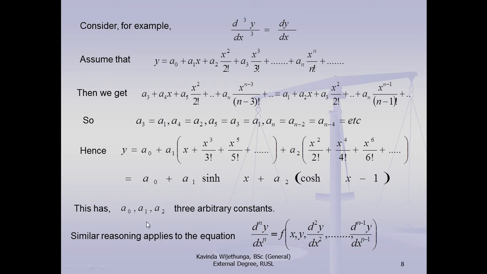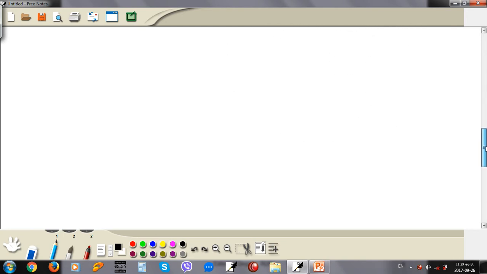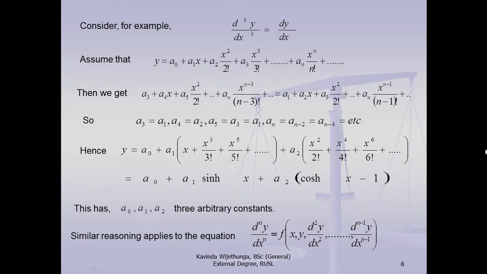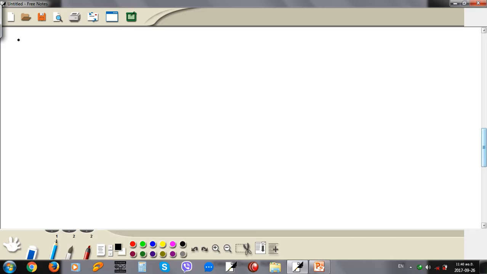Right, this is the example. Here it is given d cube y over dx cube equals dy by dx, right? It is given that d cube y over dx cube equals dy by dx, right? So we are going to solve this one. So we can assume that